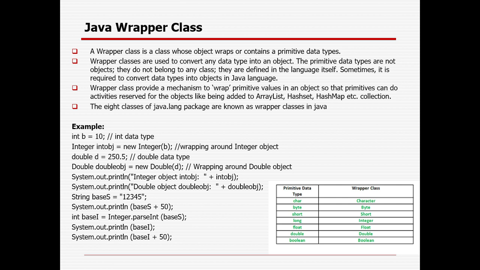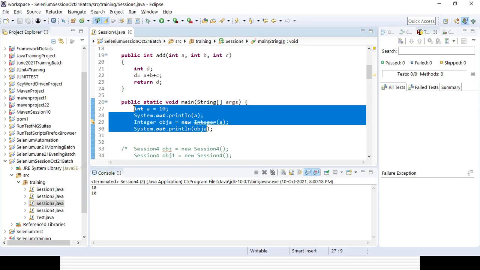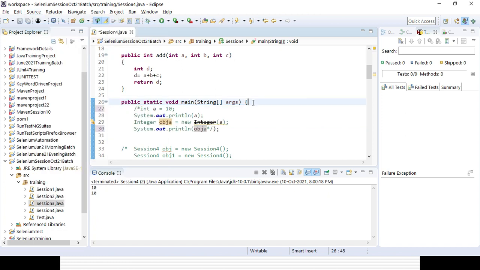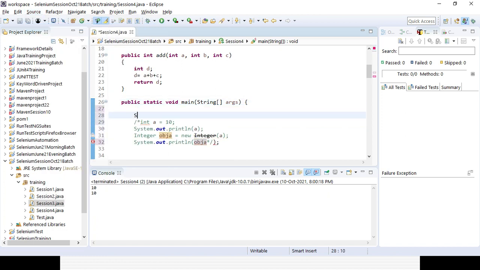There is another important characteristic. Based on the data definition, it will behave accordingly. Suppose I define String str, but here I give the value as only an integer, 1000.